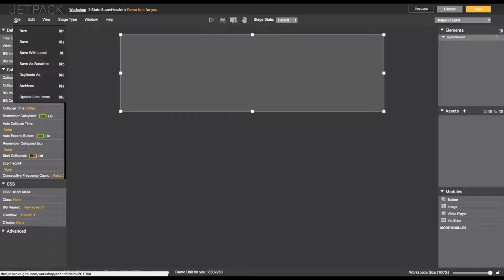Okay, and under the file menu, you will see new. That'll create a new unit. Save. That will save. There's also shortcut keys for all of these. Hit Command S, Command N. Save with label. That will allow in this archives list your unit to show with the label. Like I added a new feature at this state or at this time, and then that will be indicated in